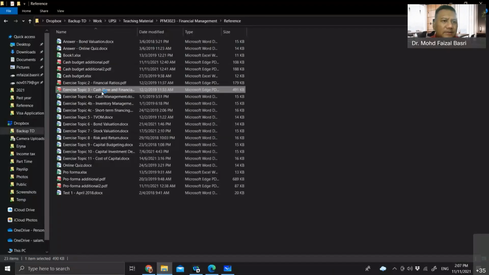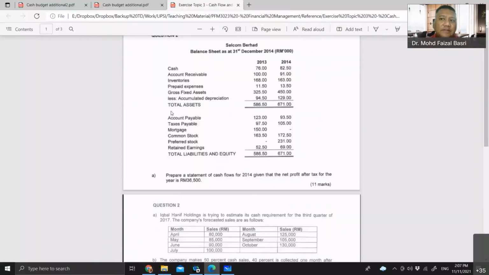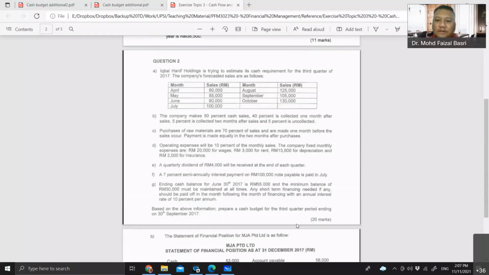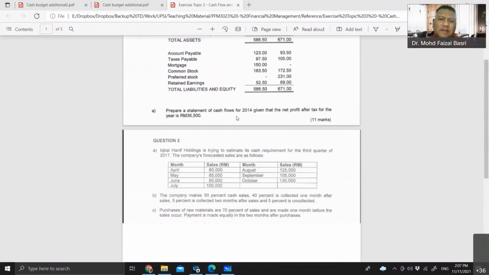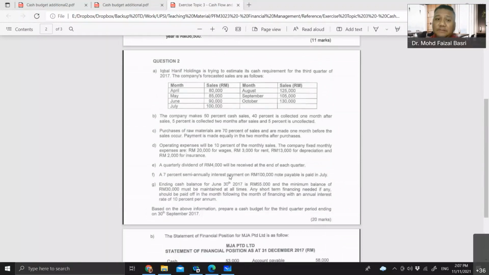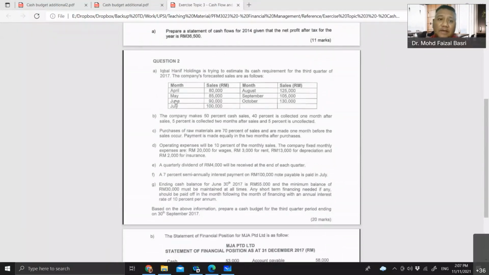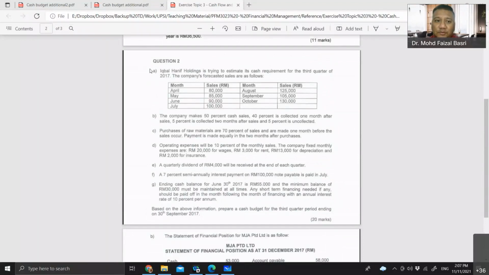The one I uploaded in the system, ataupun in my Guru, is this one. They have 3 questions: 1 question for cash flows, 1 question for cash budget, and 1 question for pro forma. And if I'm not mistaken, all 3 are in the videos in terms of how to do it. The step by step of how to do question number 2, which is the cash budget, is also already discussed in that video. But for today,